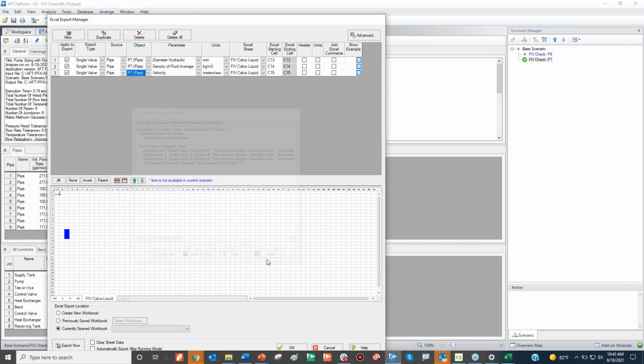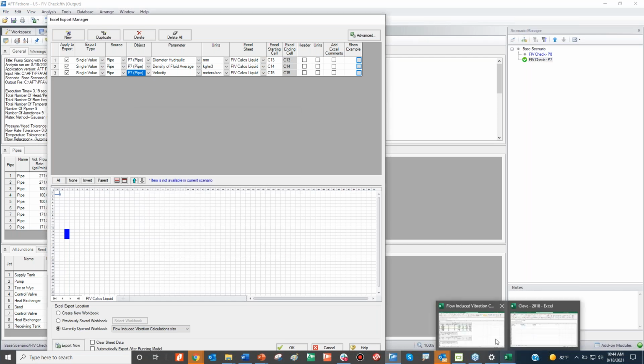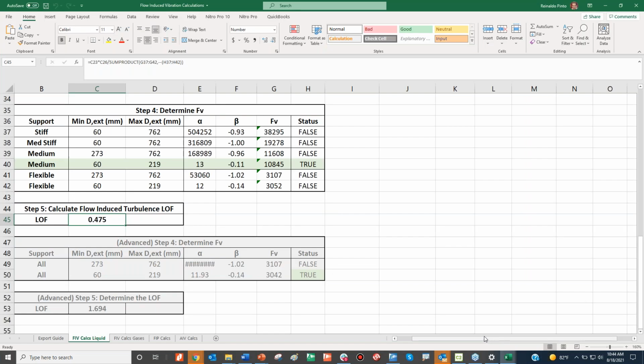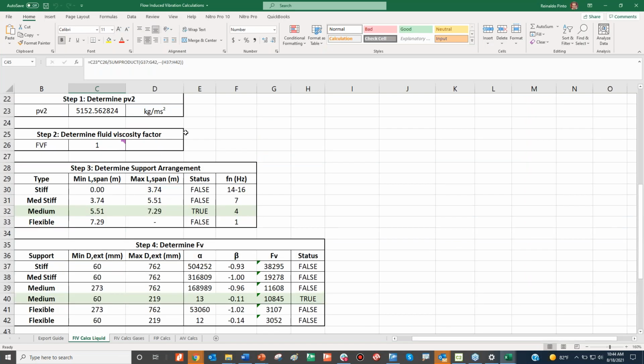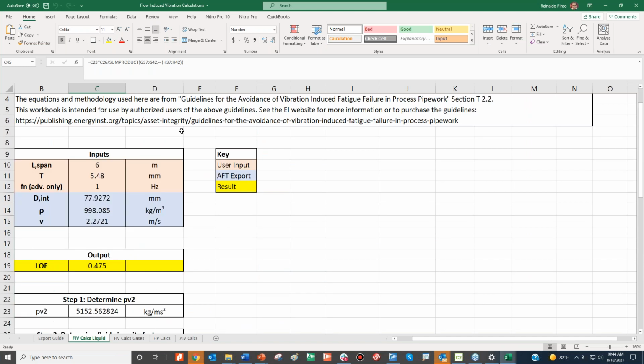So now we open the spreadsheet. It has the same span, the same thickness, and it calculated 0.75, which tells us there's no problem again with this line.